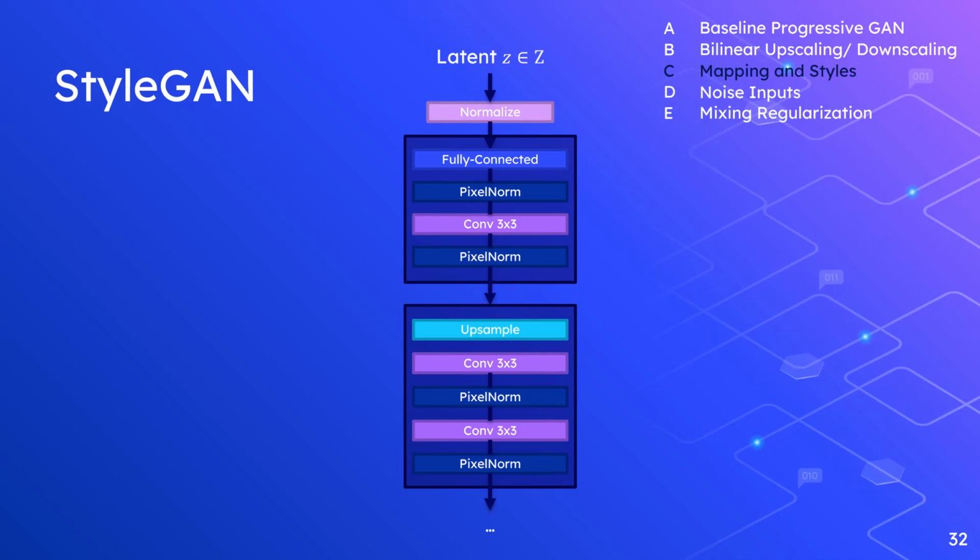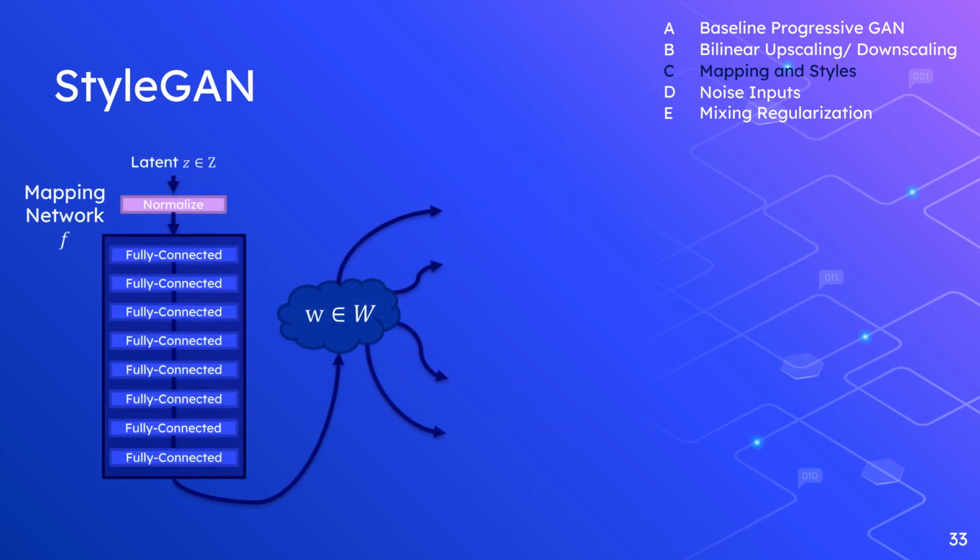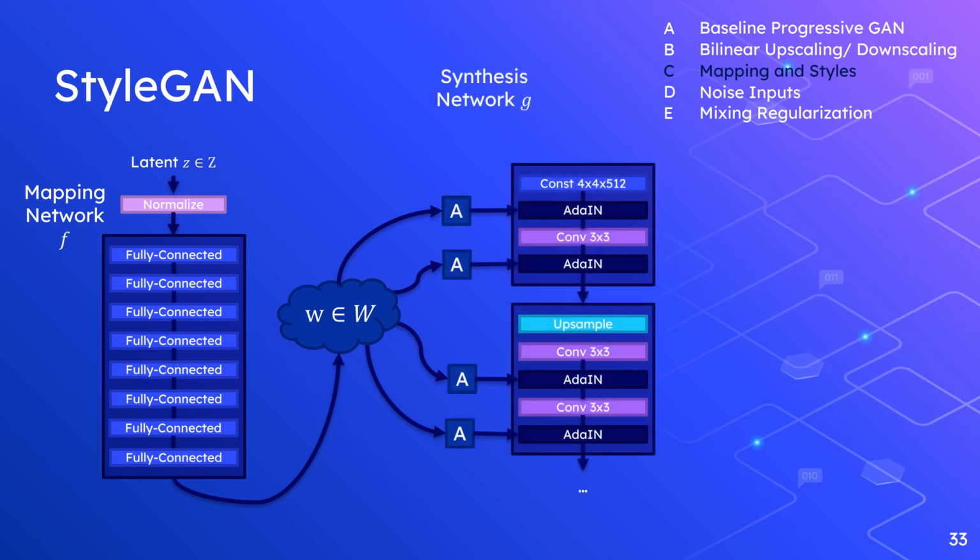With the regular generators, the random input is only taken at the first layer. But with StyleGAN, this input first gets mapped with a mapping network, F, into an intermediate latent space. And then this latent space is fed into the synthesis network. It is fed into the synthesis network with these